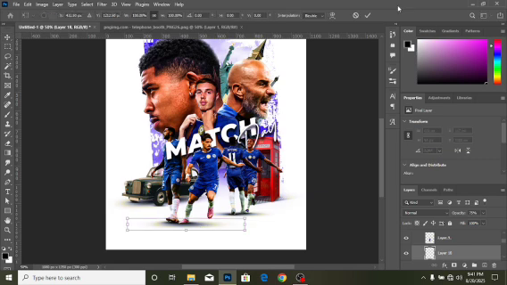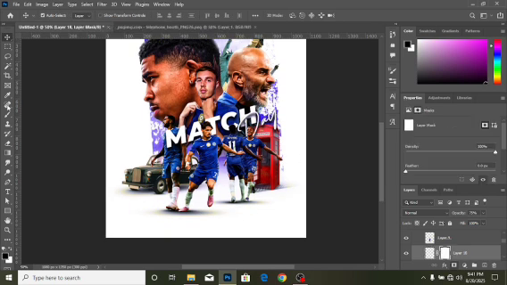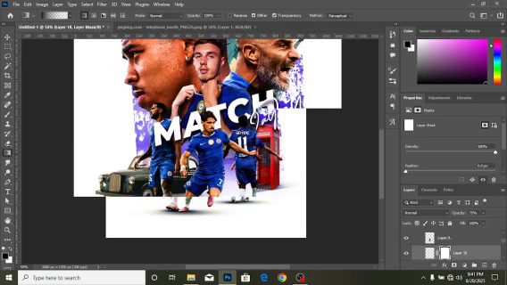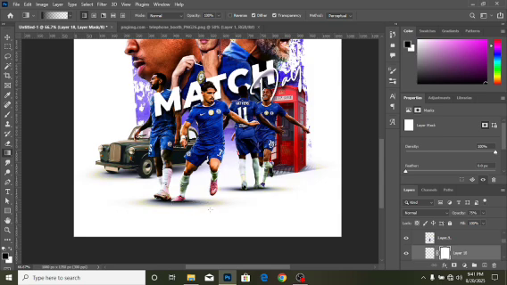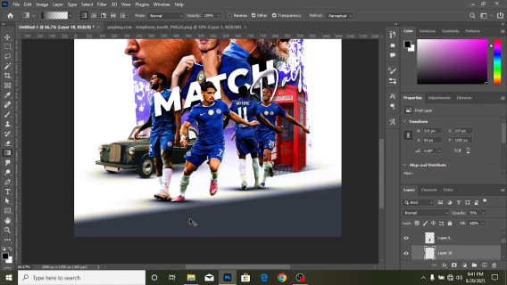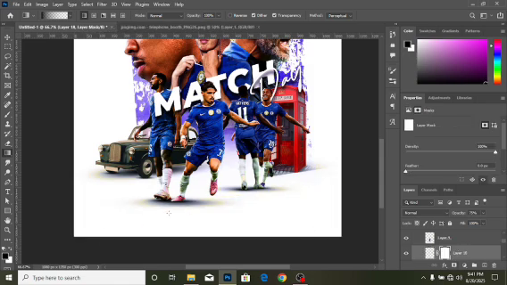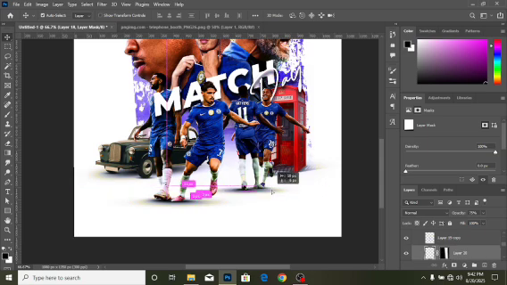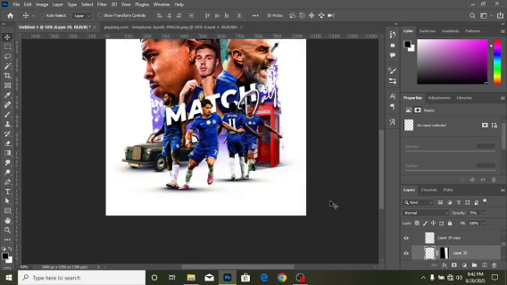But as for this shadow, I feel like it's too bold, I guess. So I'm just going to add a mask to the side, and I'm going to fade it a bit just to reduce the size. I'm going to undo that and fade again. Don't forget to create a mask beside it before you fade. I'm going to do this for the other shadow as well. Make a couple of adjustments. Alright,